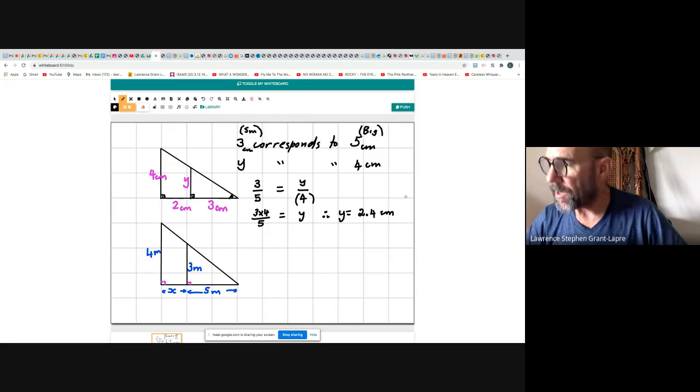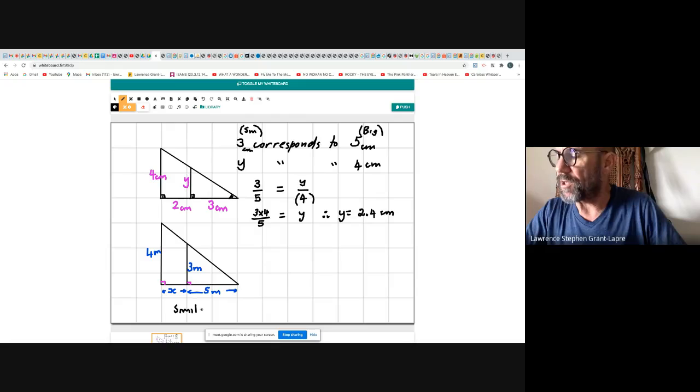Okay. Now the second triangle, we'll do the same thing. Again, we call them similar triangles because they are in direct proportion. The small triangle and the big triangle are similar, same shape, but different size. Let's take 5 centimeters. Sorry, it's not centimeters. Be careful with units. 5 meters in the small triangle